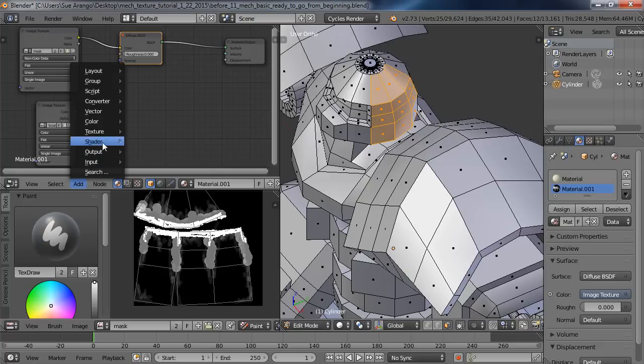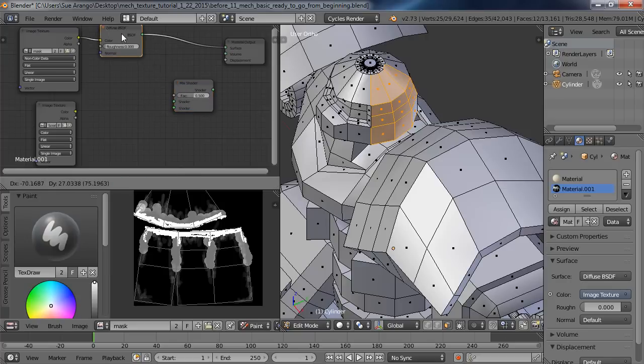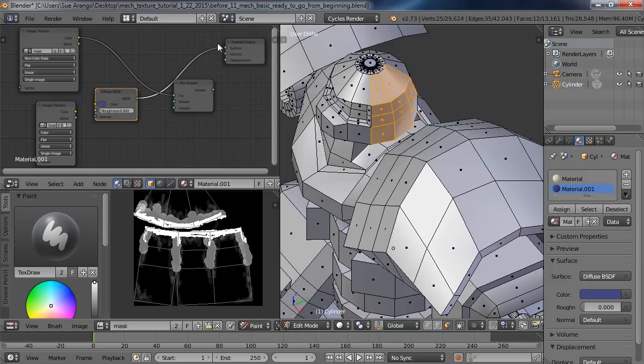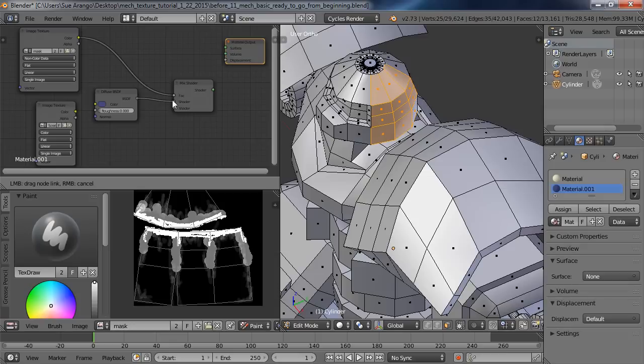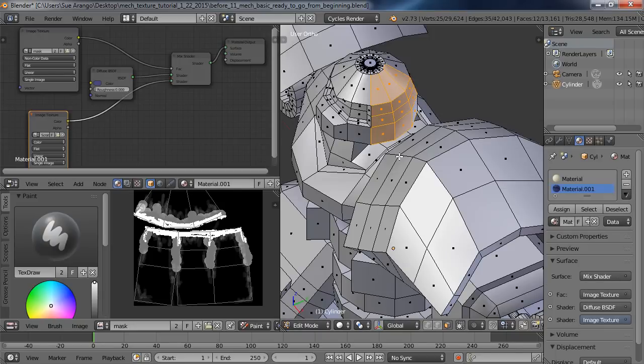So what we need to do is add a mix shader. And what this basically is, is a node that will take the values from here and the values from here, mix them together, and output them to there. So this we're going to take out and we're going to put into the FAC. This we're going to unhook and put into the top color. And if we take this and hook it into the bottom color and then connect it to the output, hit Shift Z,